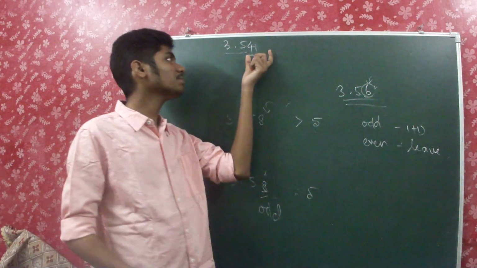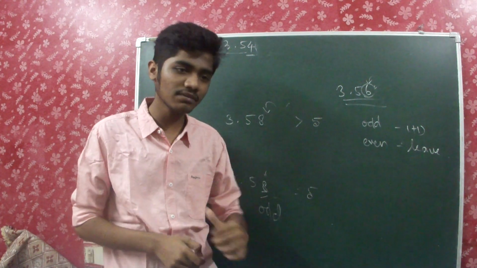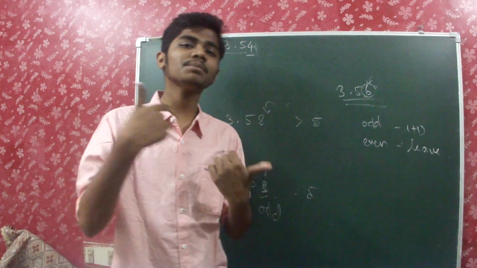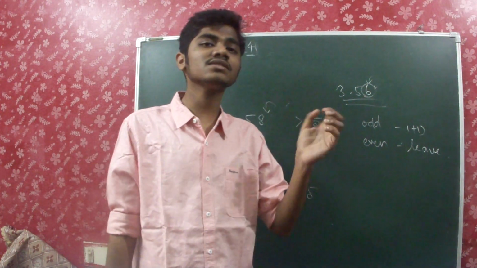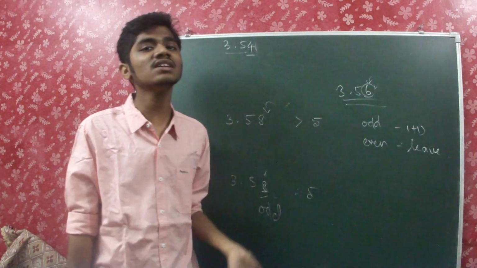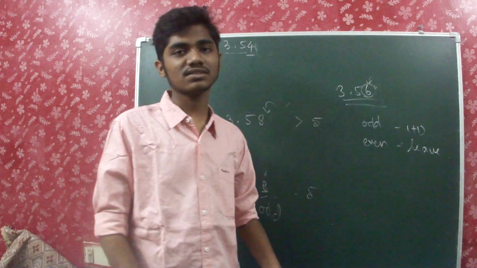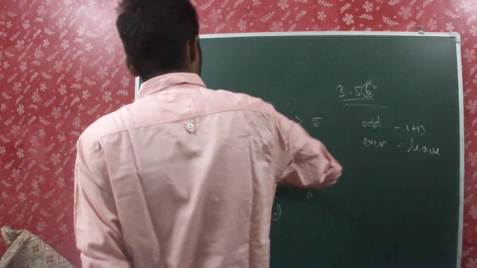Okay, so if the last digit which is uncertain and has to be rounded off is greater than 5, then to the preceding digit we have to add 1. If it's less than 5, the preceding digit will stay as it is. If it's equal to 5 and the preceding digit is odd, we add 1 to the preceding digit, and if the preceding digit is even, we leave it as it is. So these are the general rules for rounding off.